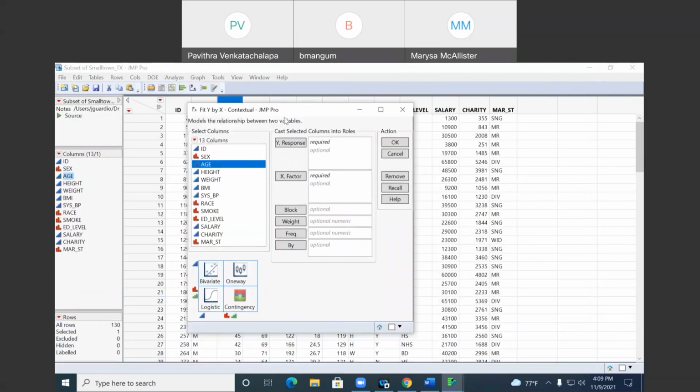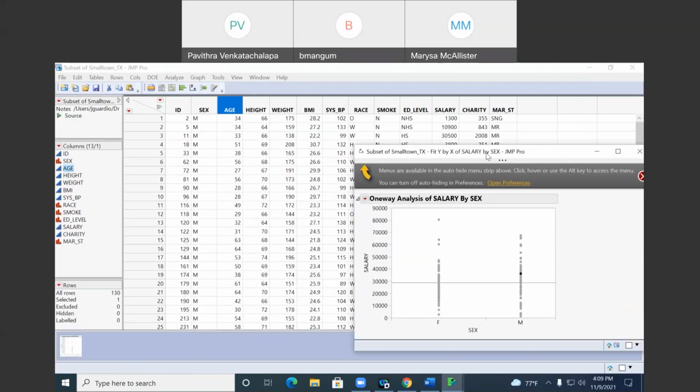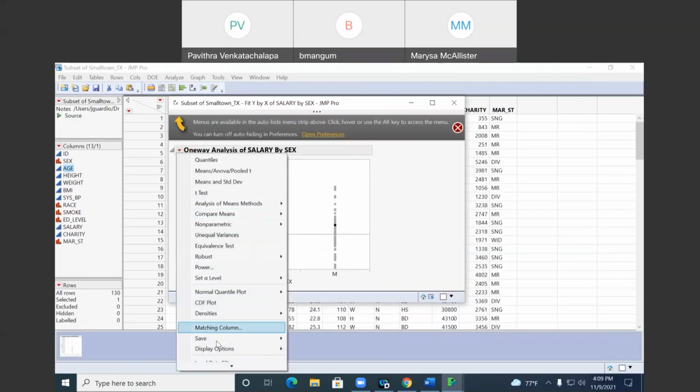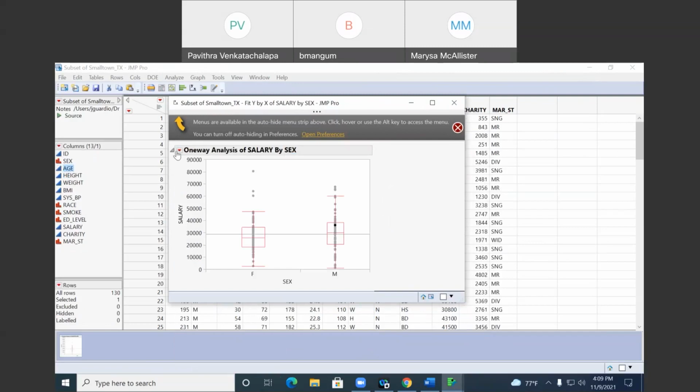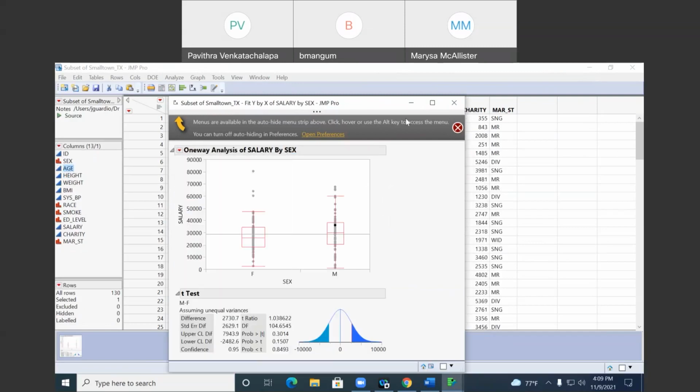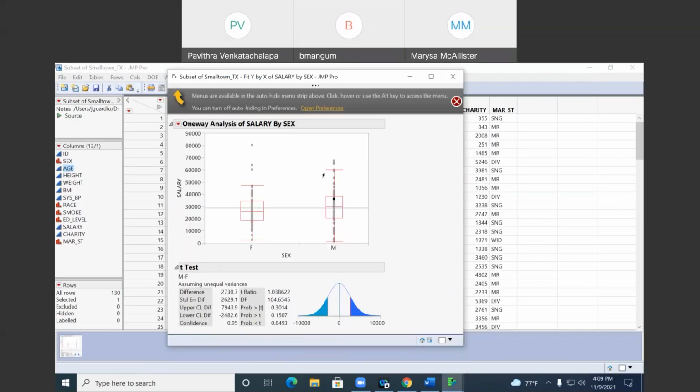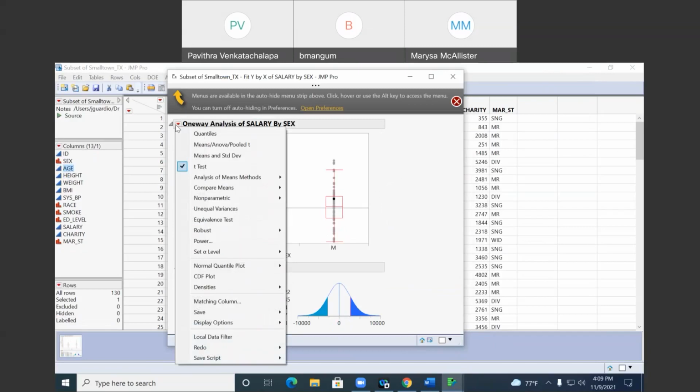Analyze fit y by x. You have already done this, so do not repeat. Go to the red arrow, display option, box plot, and then t-test. So once you are done till here, you are done till here, right? So you just have to add one more step, that is go back to the red arrow and go to